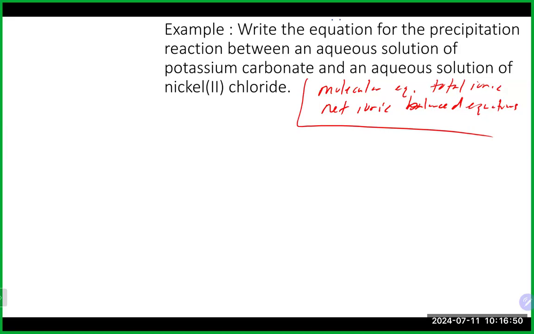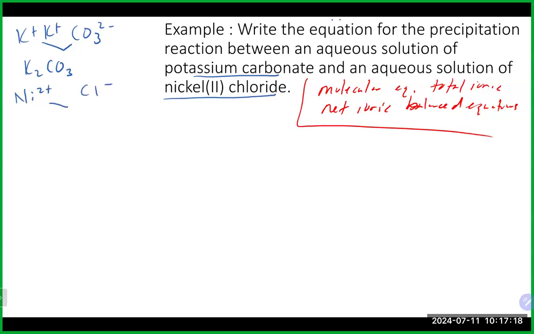Okay, so let's take a look, see how you're doing. So we have everything in Word. So as we've been talking about, we want to make sure we get the right formulas first. So potassium carbonate, potassium is K plus, carbonate is CO3 2 minus. So when we put that together, we do need an extra K. So that's a K2CO3. We have nickel 2 chloride. That is a nickel with a +2 charge. Chloride is a -1 charge. So once again, when we put that together, just like we did with naming, we should end up with that. So that's really our starting process here,